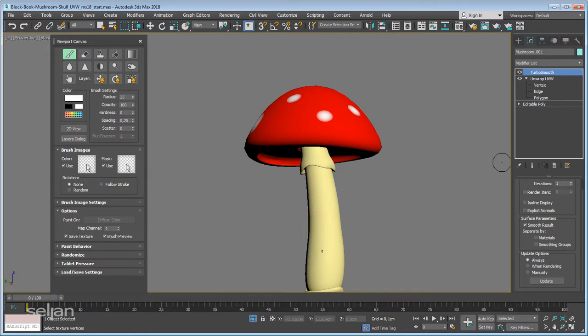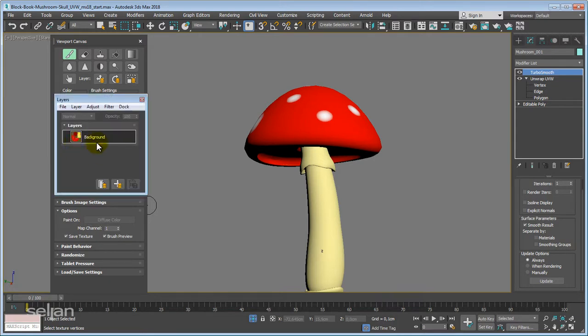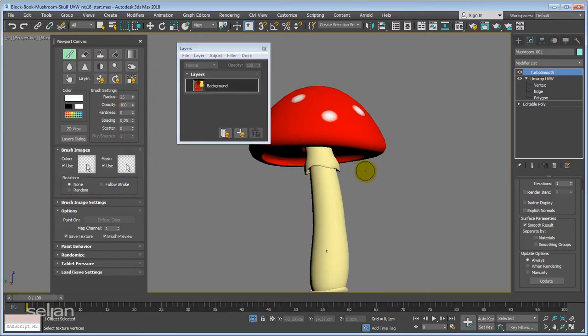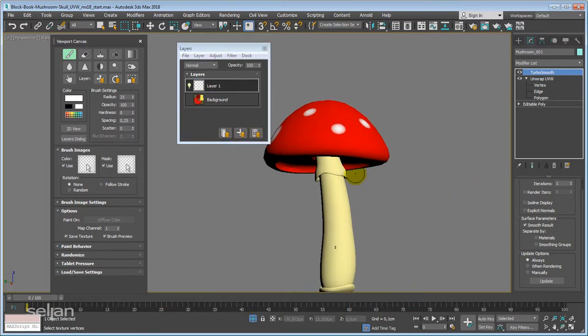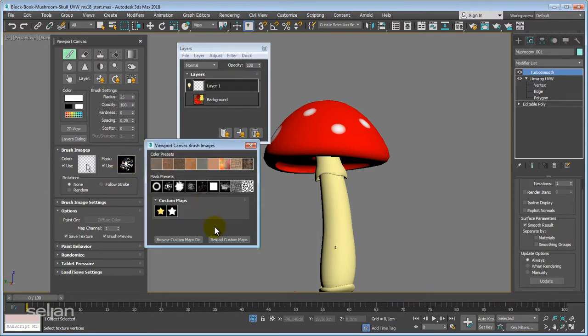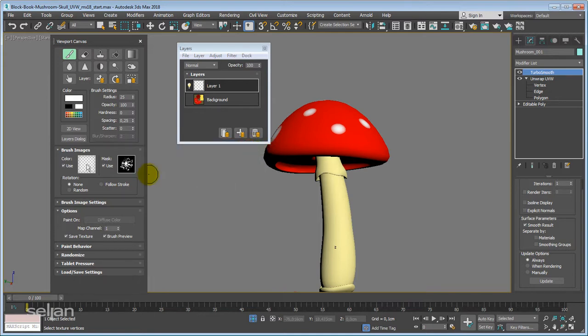What to do up next? We can also use layers. So, layers dialog. Now everything is on the same layer. I will just add a new one. And this new layer will be a little bit different because of the pattern we will use. So instead of using a color, I will use a simple clean color combined with a mask. We have a couple preset masks, but of course you can load your own here. So browse custom maps directory, change the size,